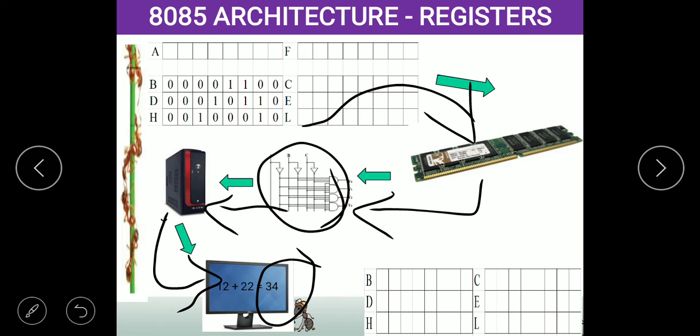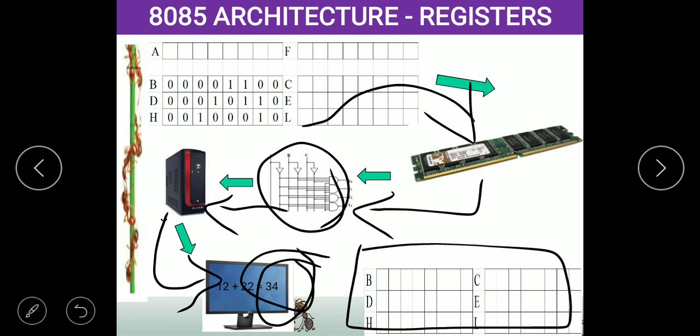Each and every operation is called a cycle. How many cycles happened for adding two numbers? You just listen. That is what we call the cycle, and that is what we call the speed of the processor. This many operations are carried out for a single addition. Once it is displayed, the process is over. It will erase all the data in the memory. Normally the data will not be erased in the memory, but for visualization, we are assuming that the data is erased.